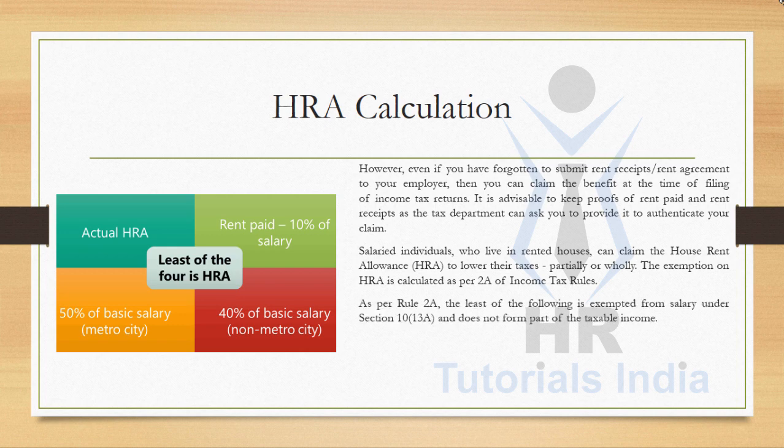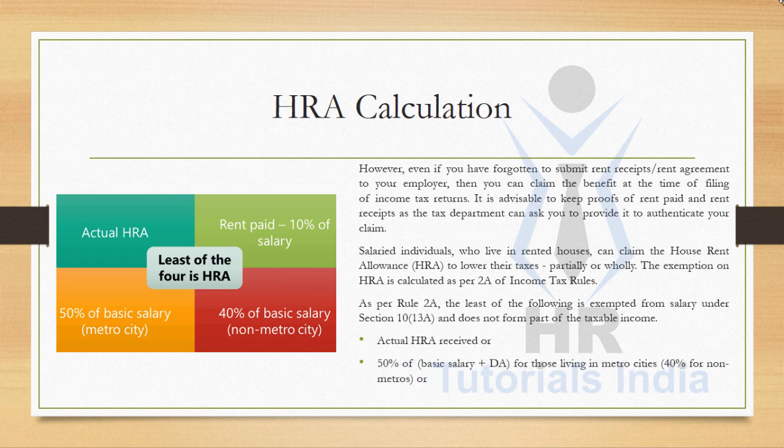As per Rule 2A, the following is exempted from salary under Section 13A and does not form part of the taxable income. Now let us see what are the three options and how much HRA can be exempted from taxes. Actual HRA received, or